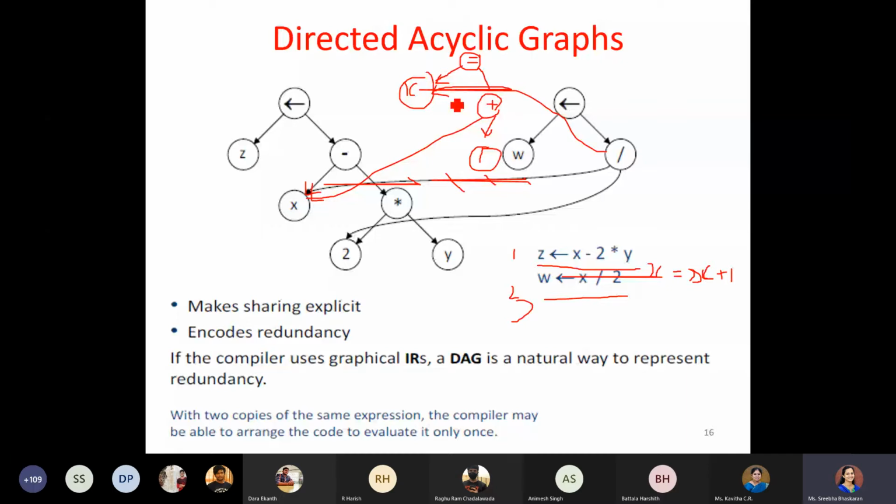Ma'am, can we connect that x plus to this x also, ma'am, where equal to is connected? Which one? Whenever the assignment happens, the value gets defined to some variable.